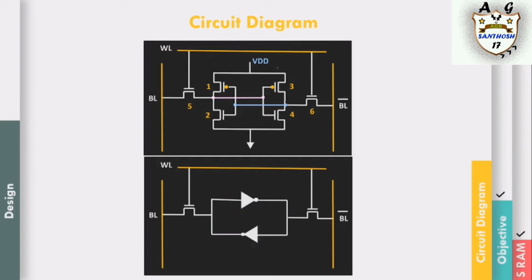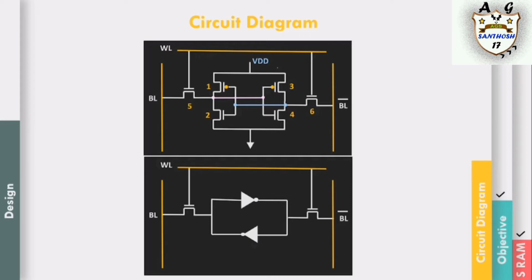The two lines between the inverters are connected to two separate bit lines via two n-channel pass transistors. The gates of those transistors are driven by a word line. During read operation, when the word line is high, both n-channel transistors are on and connect the inverter's inputs and outputs to the two vertical bit lines. The inverters drive the current data value stored onto the left bit line and the inverted data value on the inverted bit line, that is the right bit line. This data is then amplified and generates the output value of the SRAM cell.